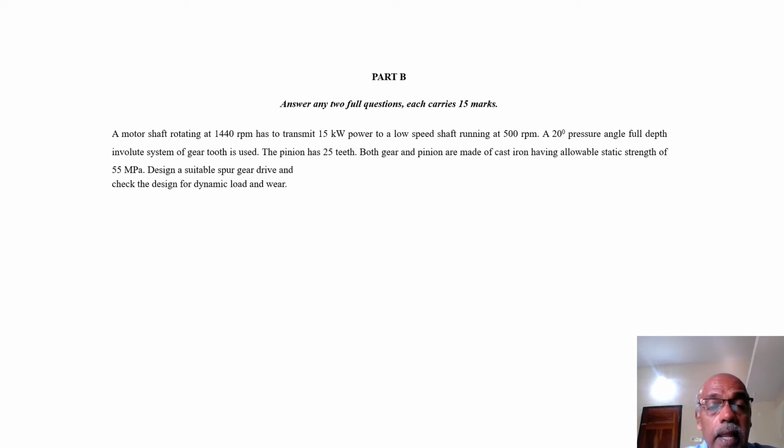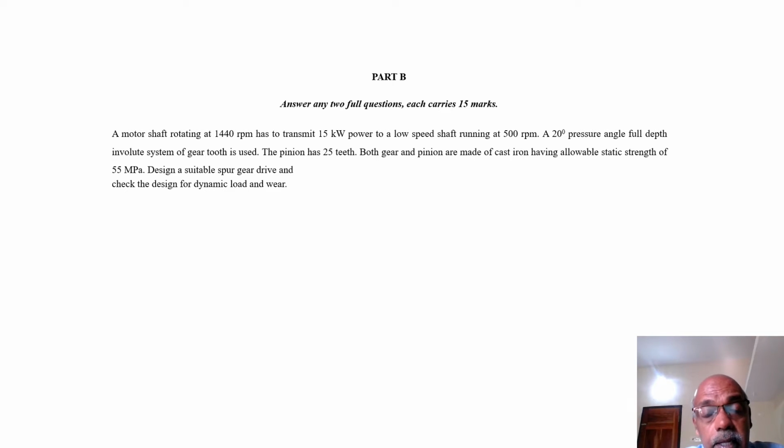Material follows, and the dimensions of both gear and pinion follow. For example, pinion teeth are 25, but the number of teeth on the other gear is not mentioned. That also will follow. Like that, almost the full idea regarding the geometry of the gear and pinion will follow along with the substitution